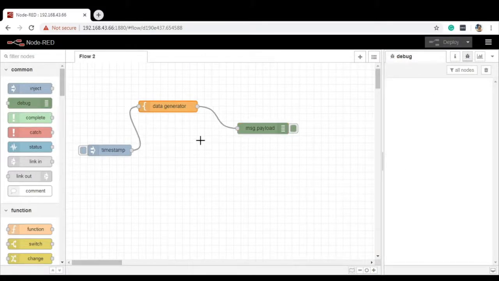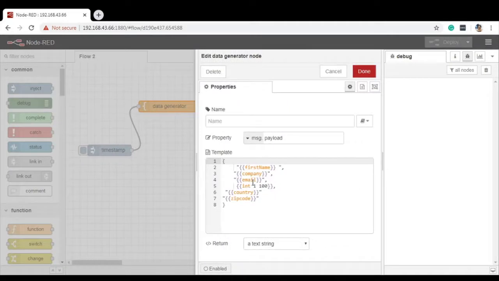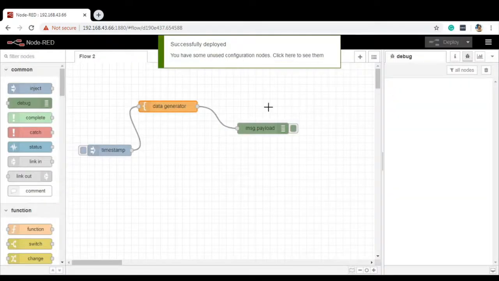Let's modify some more values and see the difference in the output. Let me put the integer at the beginning of this. And friends, I have removed the double quote, just check it out. Then I am considering the first name, I am putting the double quote, then I am having the company name, and then I am not considering any other values inside this. Fine. I hope it is clear. Now let's deploy it and check the output.